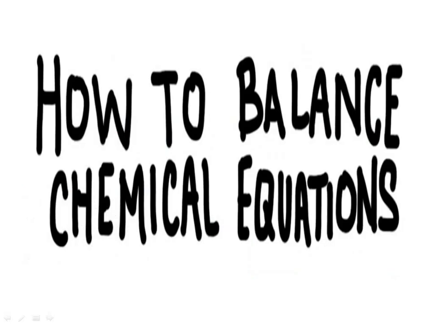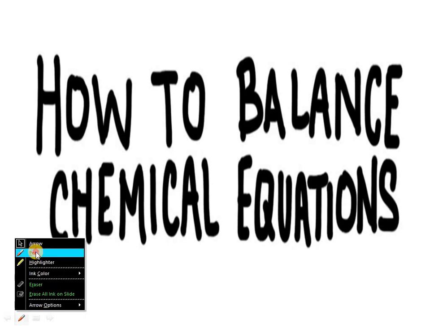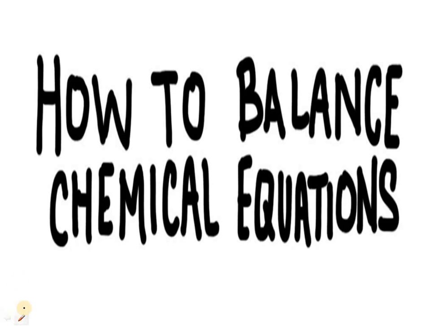Now, a big question arises: how to balance chemical equations? We will balance chemical equations by using the hit and trial method. Commonly, people balance using the hit and trial method. First, before I talk about the trick to balance chemical equations so that you can get the answer easily as well as quickly, let us sum up what we mean by the hit and trial method. In the hit and trial method, we balance the equation by multiplying the formulas and the symbols by using the smallest possible figures.